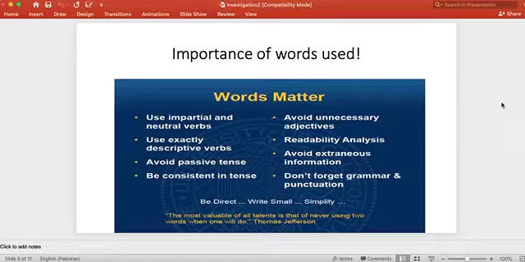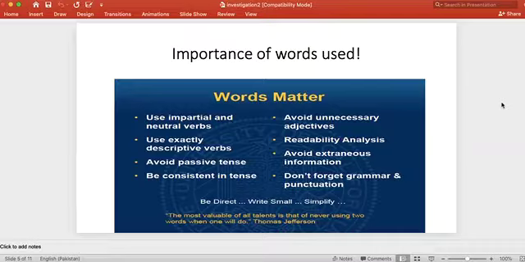Readability analysis. I mean, the analysis we write should be readable. Sometimes the analysis is written in such a way that a common person cannot understand. So, we need to avoid all information which is not needed. And we should take care of the grammar as well as the punctuation. The writer, therefore, has to use language or words which are impartial, and which have the same meaning most of the time as the meaning intended by the writers.